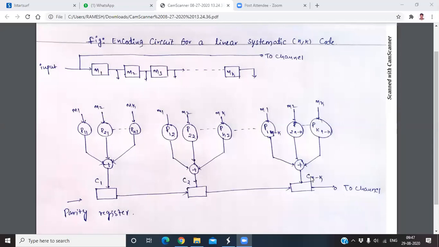That's why in the earlier classes I told that the matrix description is very, very important. From that only you have to write all these things. Clear about this? Are there any doubts? Yes, sir. Clear, sir. Okay.